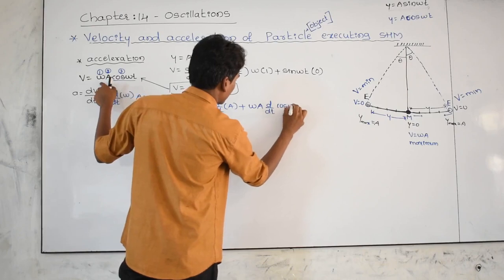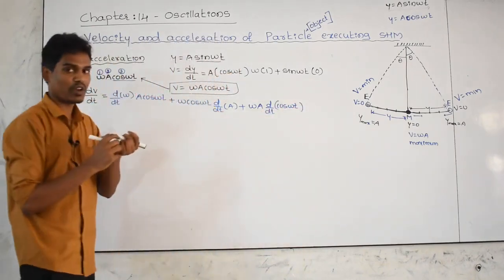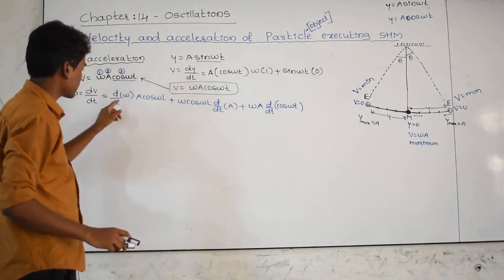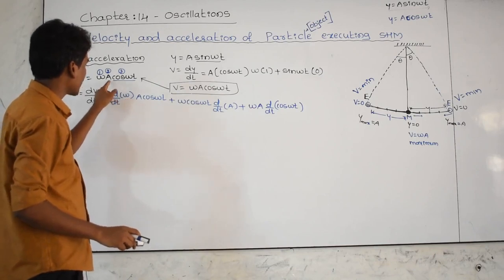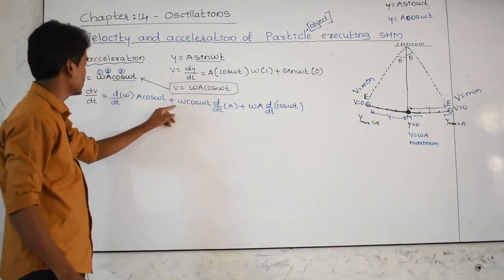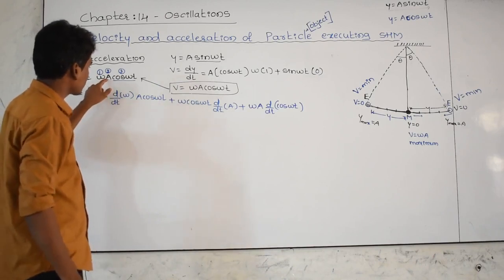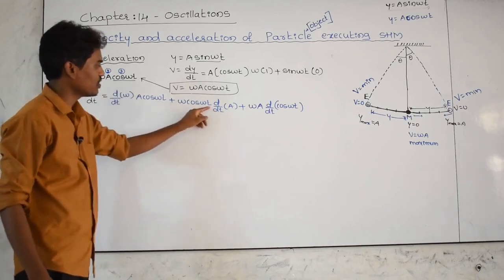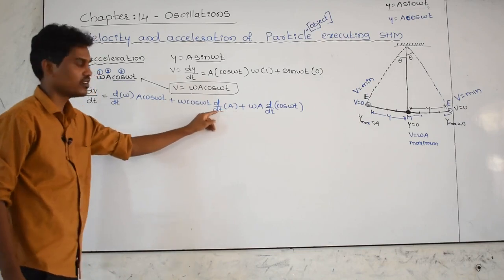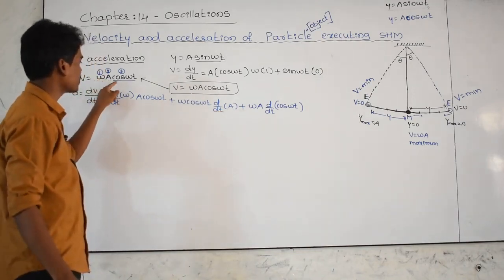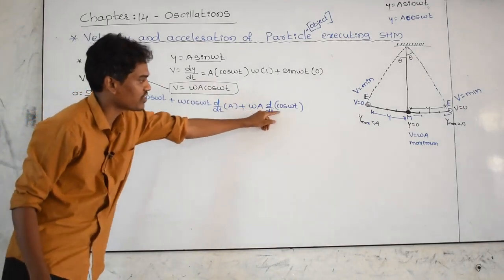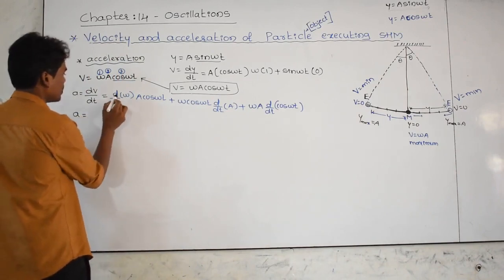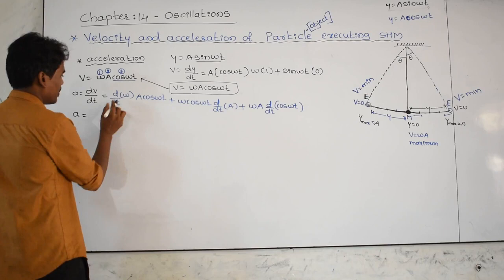And don't be confused here, I am using the product rule again. This is the first function, second function, third function. Differentiate the first function, d by dt of omega, and keep the second and third as they are, plus differentiate the second function and keep the first and third as they are, plus keep the first and second as they are and differentiate the third. Product rule.